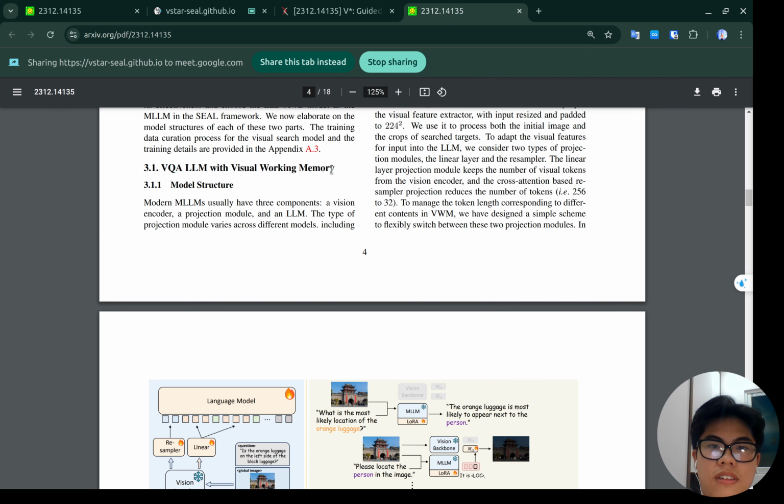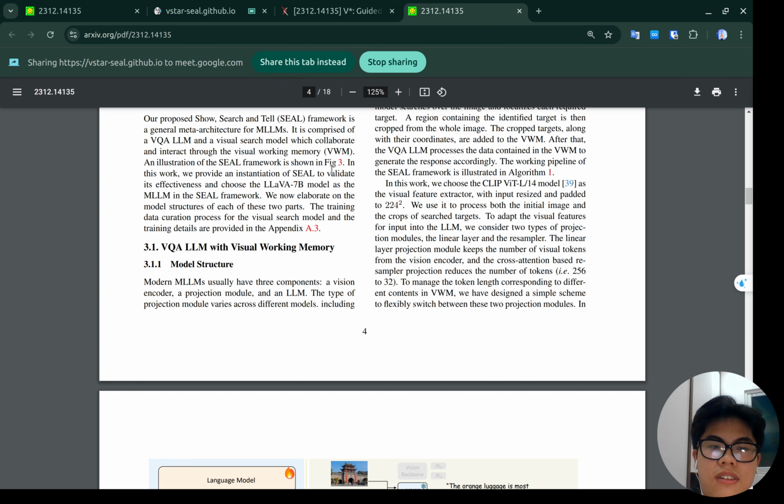Okay, so for the first question, this model is only trained with the VQA tasks, like its name suggests. And for the second question, is it that the backbone